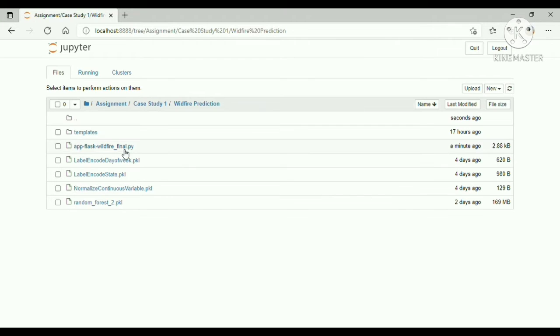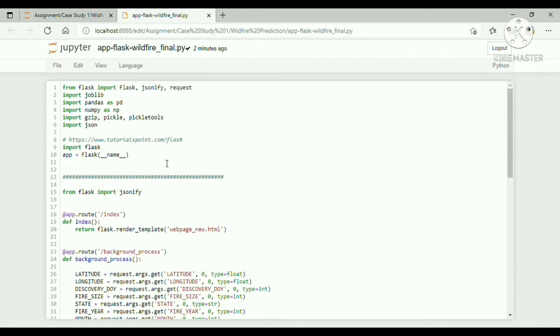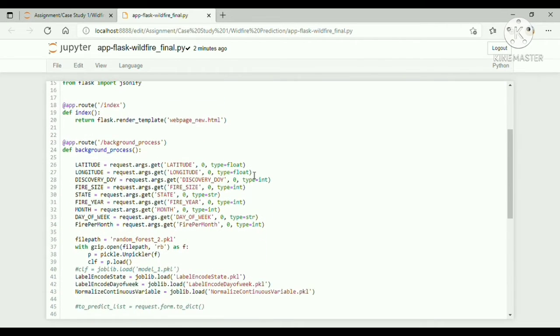So let's go inside the Python file. Okay, so we have certain libraries which are imported for this API. We have created a route. When we use an IP address with a slash index, this will route to a web page underscore new.html file. Once it reaches the HTML page, there are certain functions which route back to this background process,